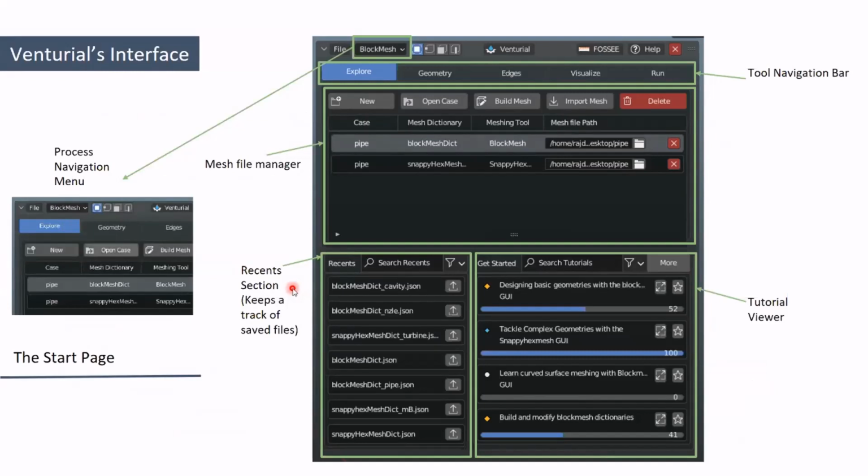Then you also have a recent section which keeps track of the work that you have done. So in case you do end up losing your work, it will keep an eye upon what you have done so far. So it will journal it. And later on, when you reopen it, it will bring it back for you so that you don't lose the